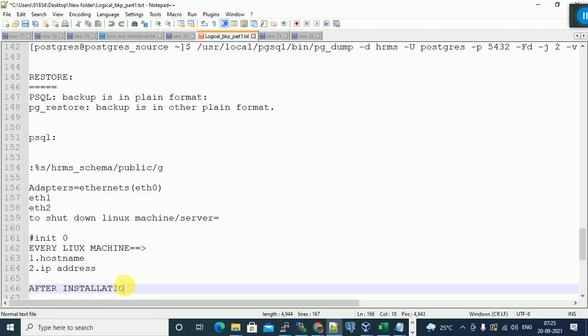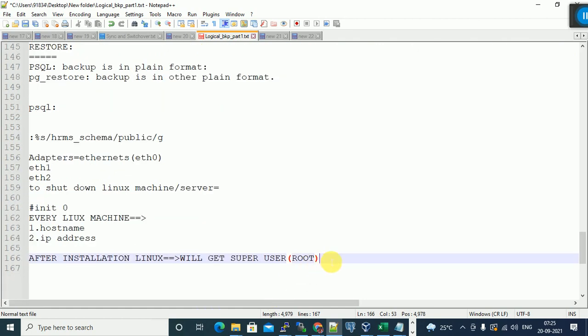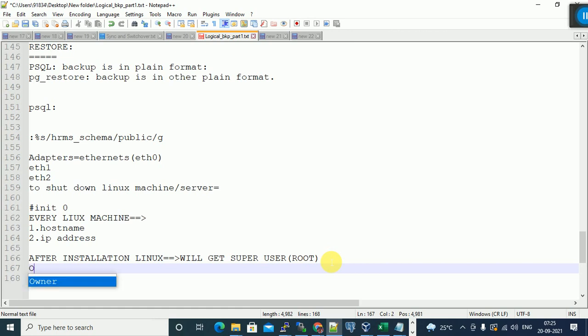After installation, Linux will get a super user, the root account. While installing, we have to provide a password. What password did you provide? Okay, I gave Oracle. Oracle is the root password.